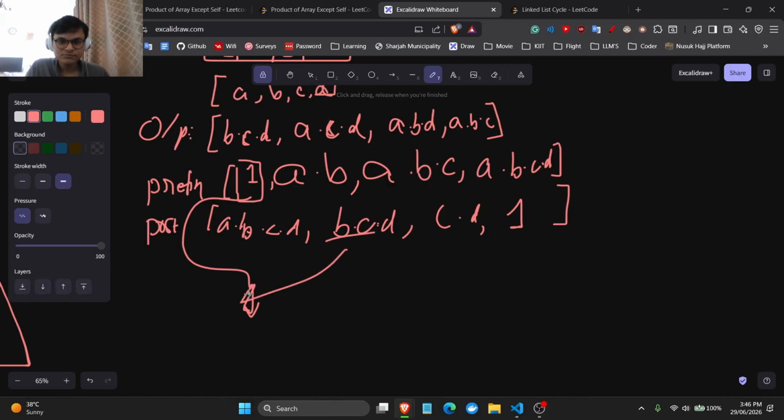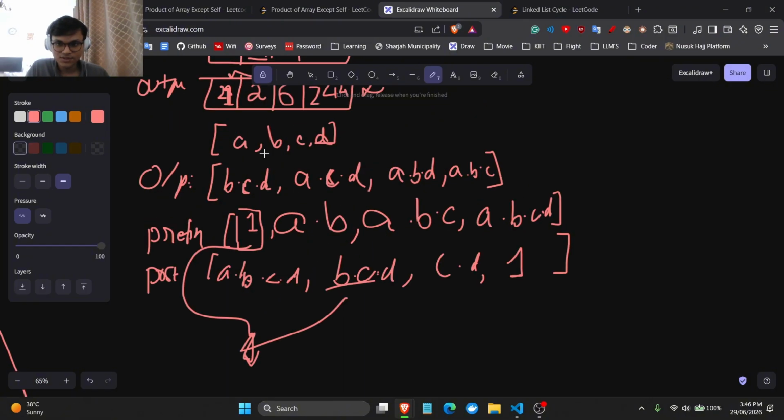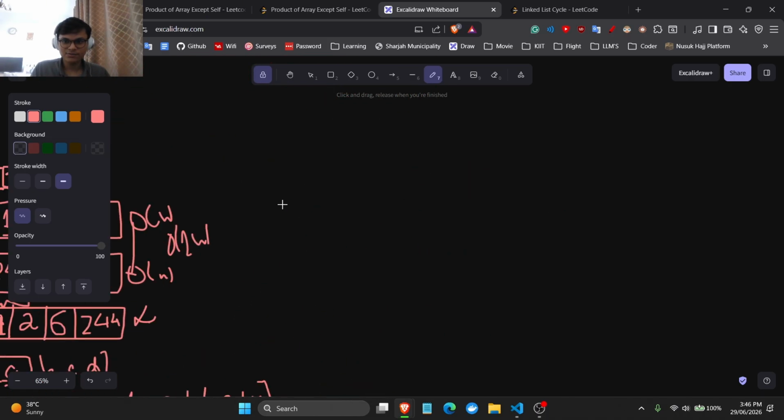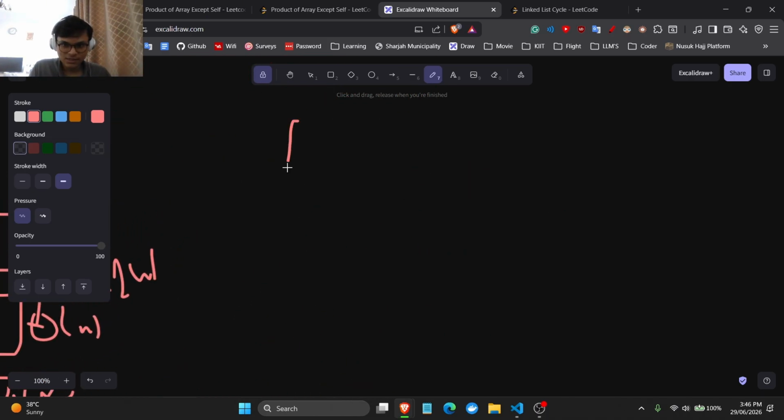Right. Now I need ACD, which is this one. So I know this is the prefix sum, and this is the output sum. So output term is this. Okay, I wrote this so mangled up that I don't even understand it myself. Again, let's do this again.